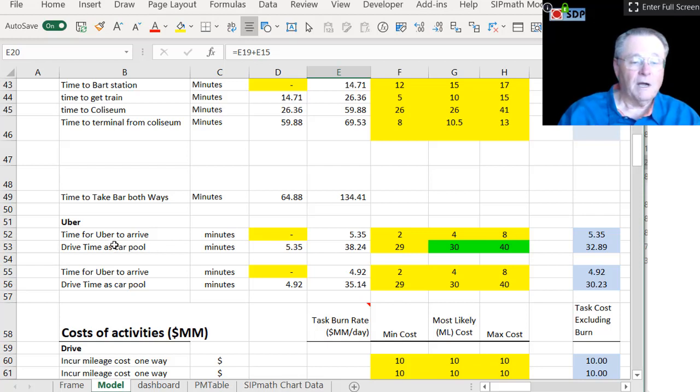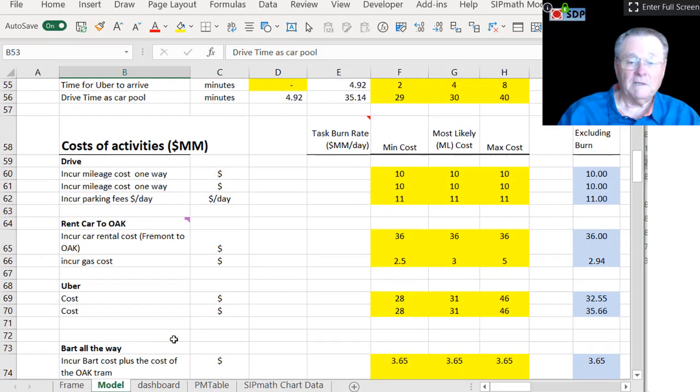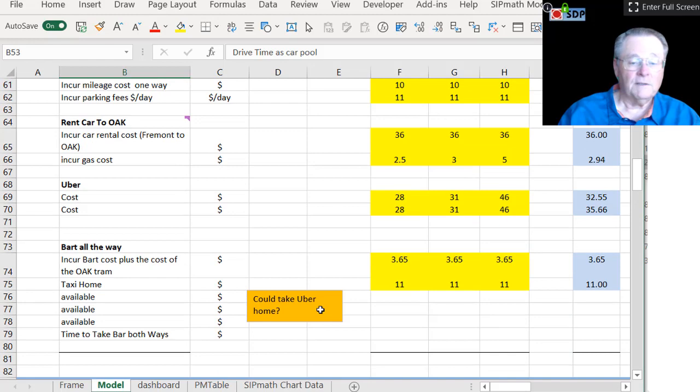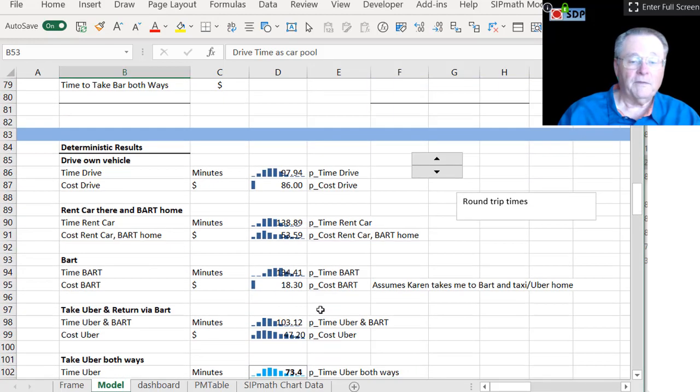And here I'm saying I'm going to drive as a carpool. So driving with Uber might take less time than driving myself, is the point. Okay? Then we've got to come down here, and there's the cost. We've broken it down into the components there of the cost. And then down here, we've got the